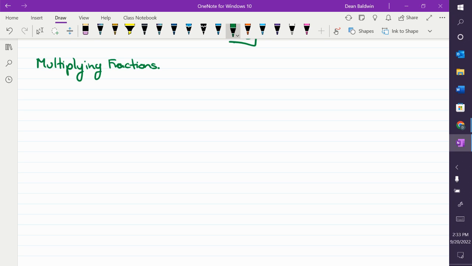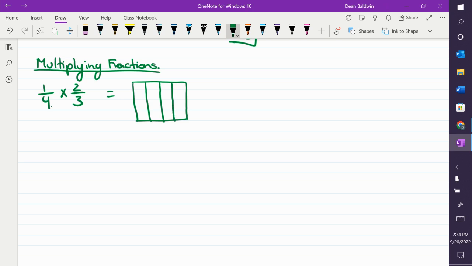Multiplying fractions. So we're going to do a little visual representation first. If I said multiply 1/4 by 2/3, if you did it visually, that represents a quarter, right? Yes. Because 1 is shaded of the 4 possible shades. So there's my 1/4